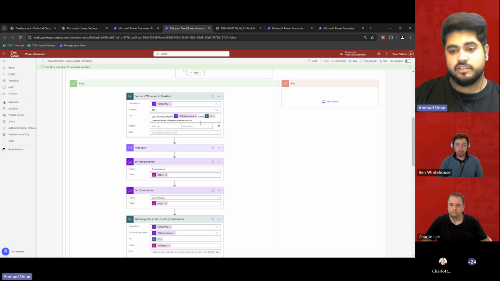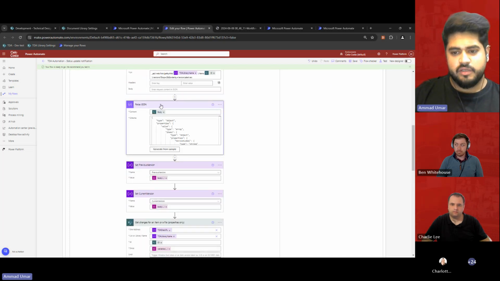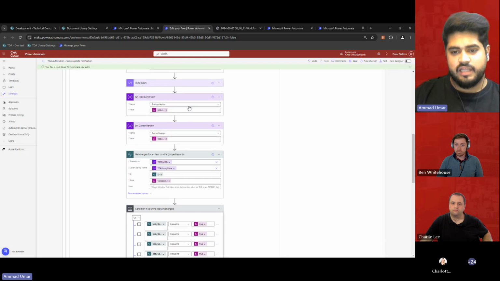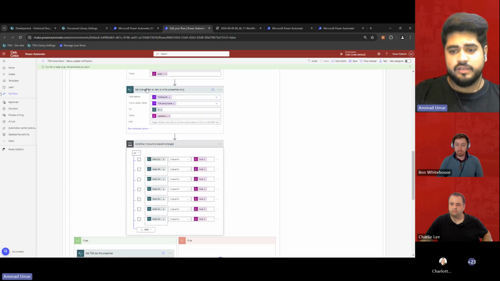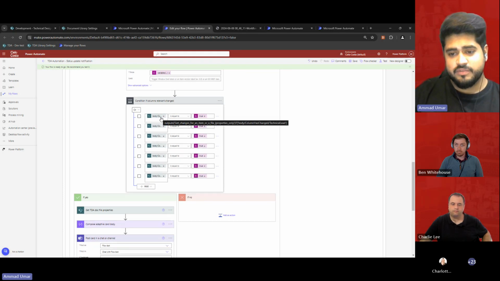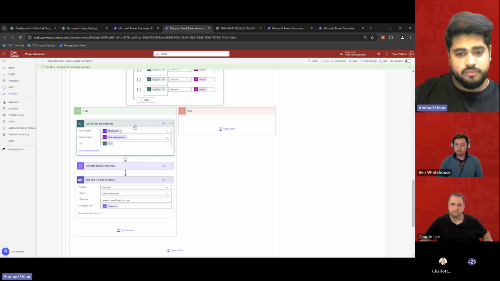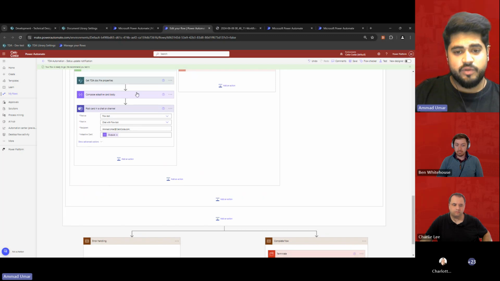created. So here we're getting the version history, the last 2 version histories of the document. We're doing a bit of data manipulation here to parse the JSON, and then the variable that we created earlier, we're setting the previous version and the current version just to compare them later on. And then we're checking for the changes based on the two versions that we have. And then if all the relevant columns have been changed, then we would get further properties from the TDA list, and then we would create a